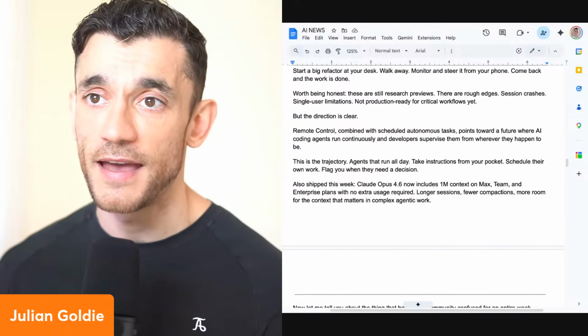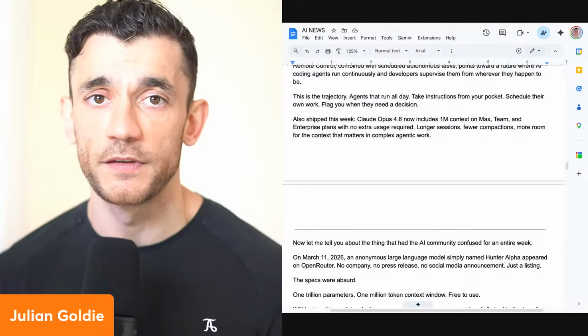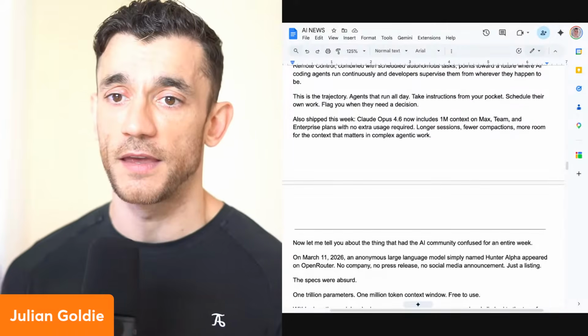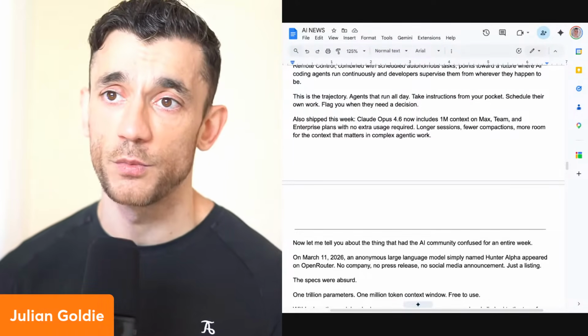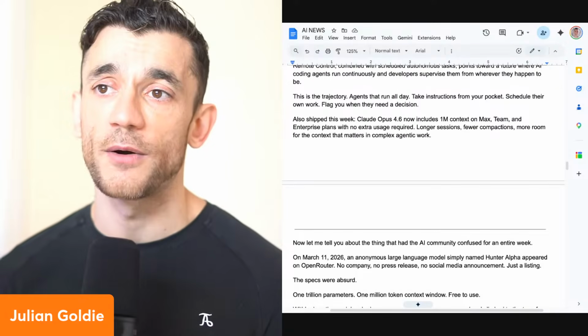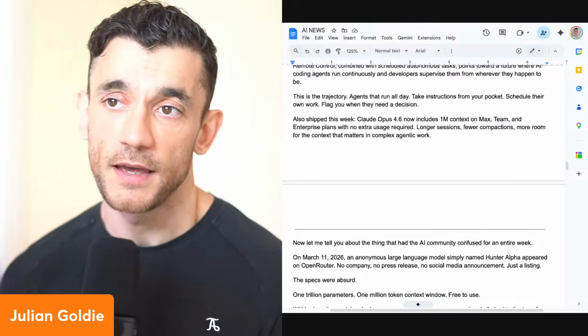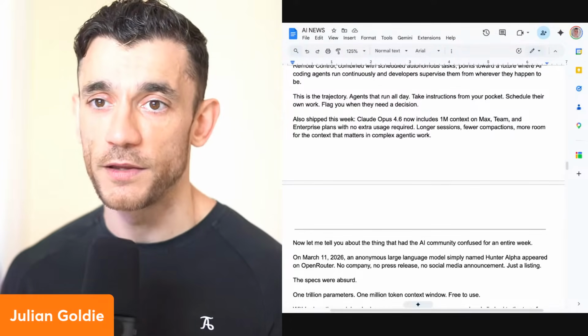That's the trajectory. Agents that run all day, taking instructions. We've seen it with OpenClaw and we've also seen it with Claude. We've seen it with Perplexity Computer as well. These are all heading in the same direction. Also, what happened recently with Claude Opus is it's now added 1 million context on Max, Team and Enterprise plans, which means you get longer sessions, fewer compactions, more room for the context that actually matters when you're running these